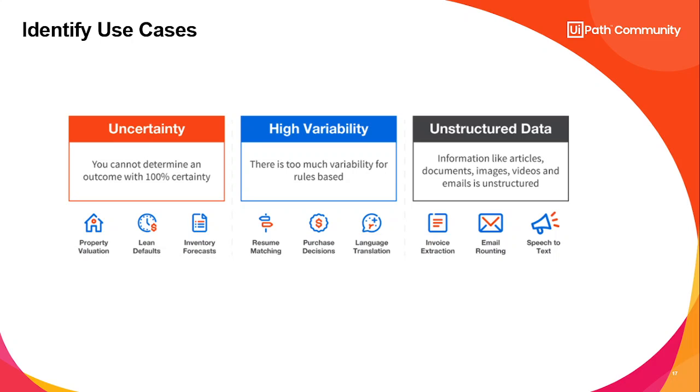And then the final and important one is unstructured data. In many of the cases where we have unstructured data, for example a free text email, those cases we directly avoid in the planning stage itself for native RPA, in the basic RPA automation. So now with AI Center we can automate all those use cases where we have unstructured data.